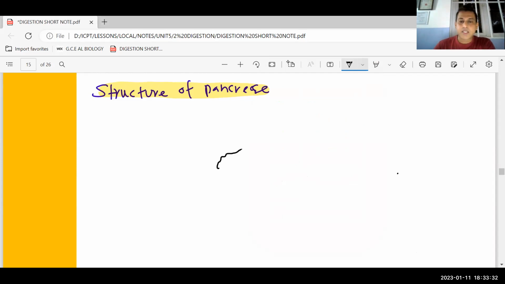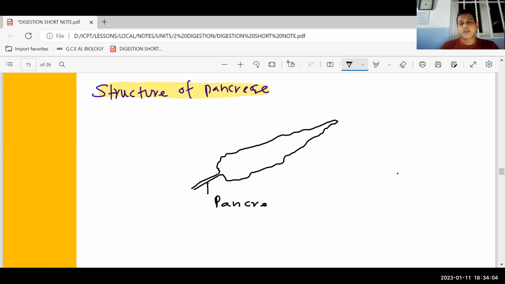It is something like this: a long, leaf-like structure, probably like the nephrolepis leaf. So it looks like a plant leaf, and this one ends up in a tube like this. So this tube is called the pancreatic duct,